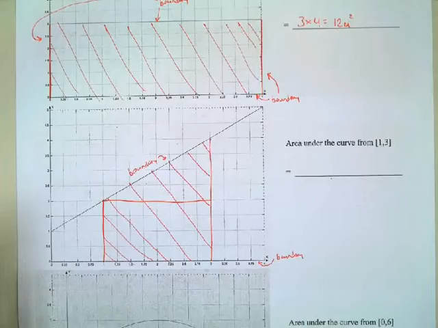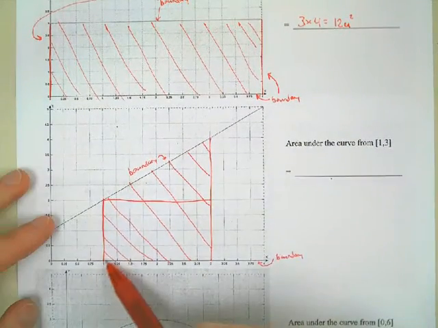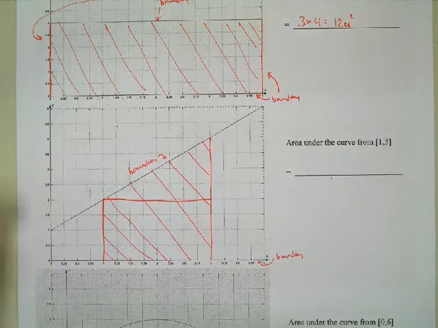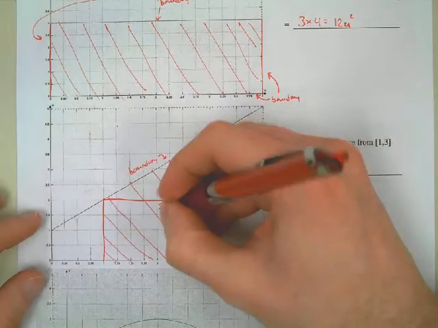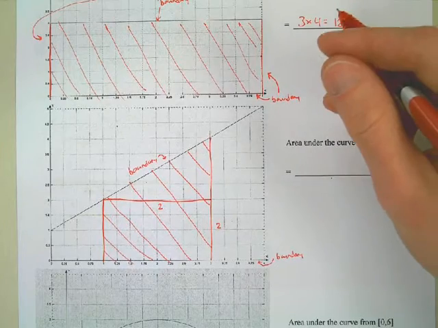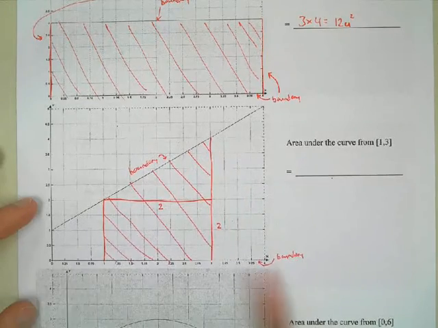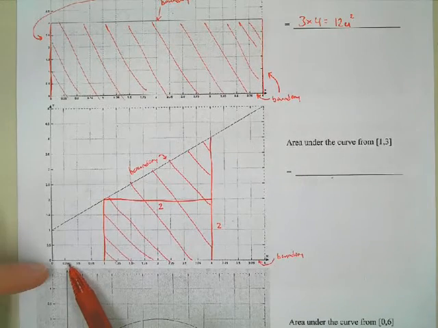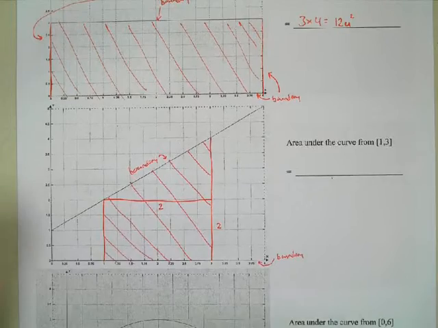So the dimensions for this rectangle are what? 2 by 2, exactly right. That might be confusing because it does not look like a square, it looks like a rectangle, but the scale is different. On the x-axis each tick mark is 0.25, and on the y-axis it is 0.5, so that's why it looks off. All right, so the area of that rectangle is 2 by 2, so 4